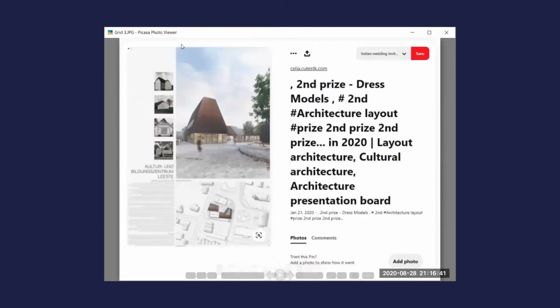Even in this one, you can clearly see this grid line and then this grid line. Then this portion has the reference images. Then again, the text is there. One huge view is there, and then the site plan. So you have to decide which are the elements which you want to put in your sheet, and you have to prepare the grid layout accordingly, and place the elements accordingly.